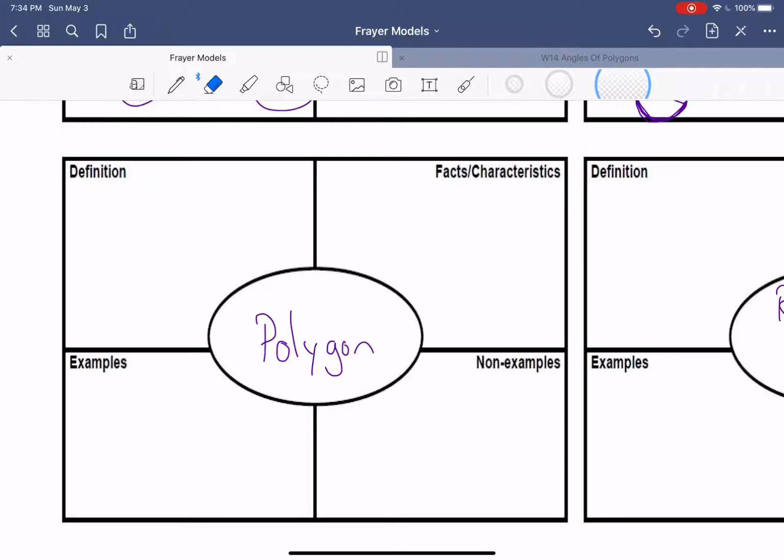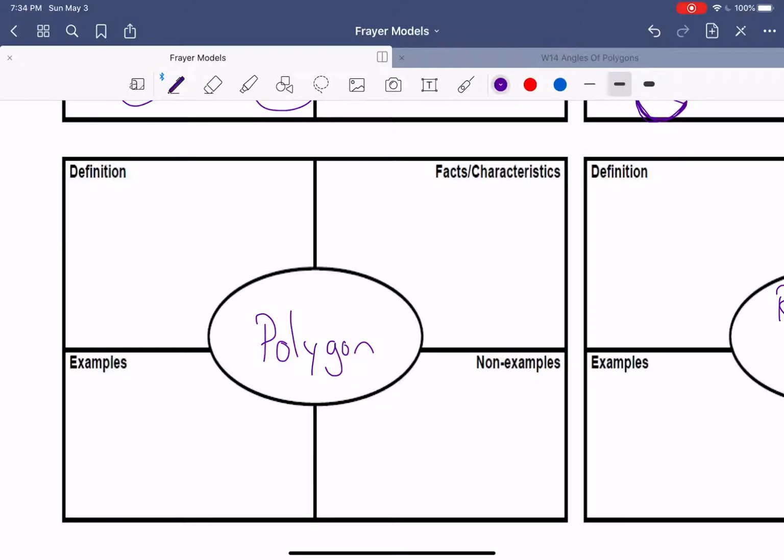So first thing we need to do is have a word for those shapes. And the word we're going to use the most is polygon. And we've used this word before, but we have not defined it on our Frayer model papers, even though we have defined it in class. So if we remember that definition, it is